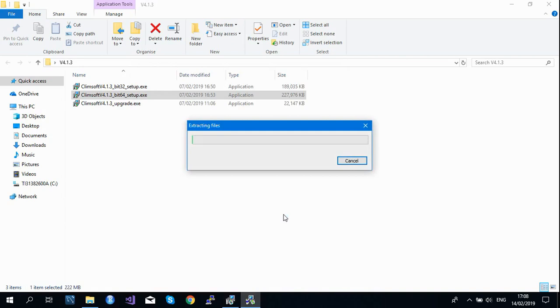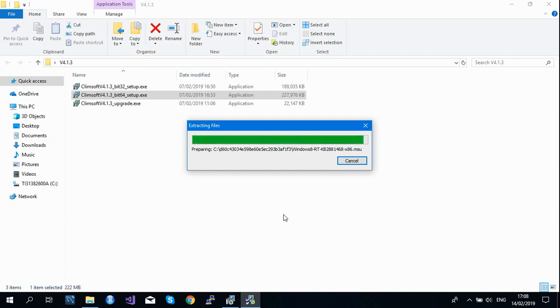Here the system is extracting files. Depending on the speed of your computer, this can take a few minutes. Like here in my case, it's almost through. Remember the first application was .NET Framework.